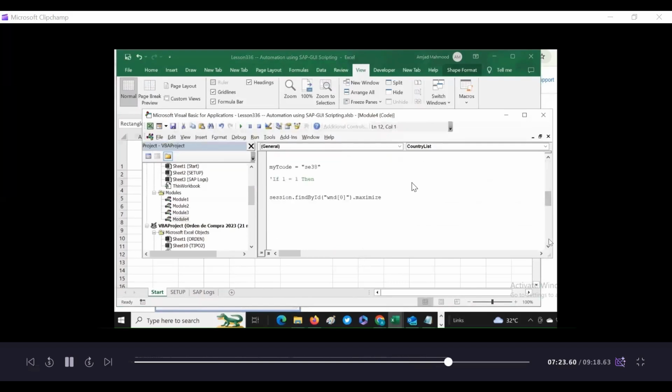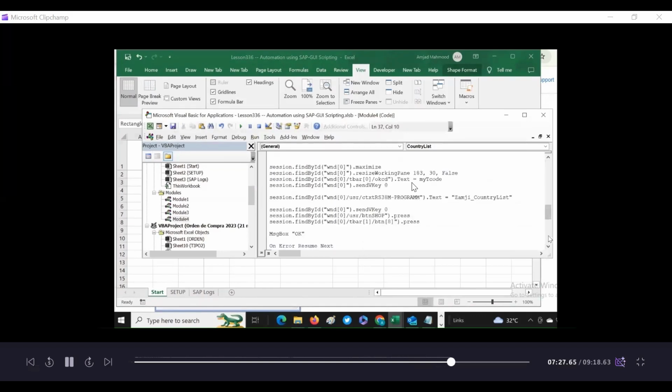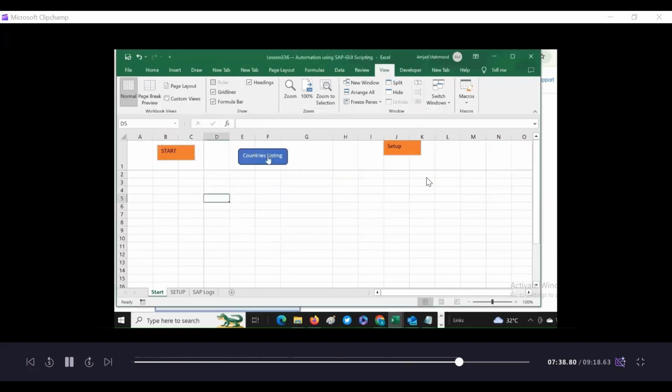Otherwise, it will give you a message to start SAP first. Then it sets my T-code, executes it, goes to SE38 and then executes the report,